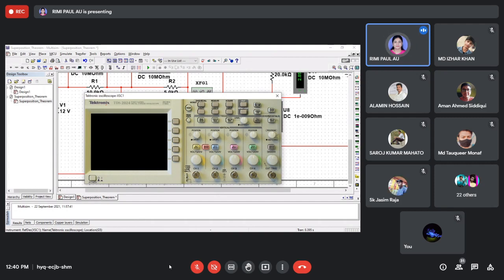What is the function of this button? You should know. You have to use it at different times for research purposes, for laboratory purposes, or if we work in a research lab, or if you do higher studies, or if you work in an instrument company or other electrical company where you have to measure the waveform or analyze this waveform.